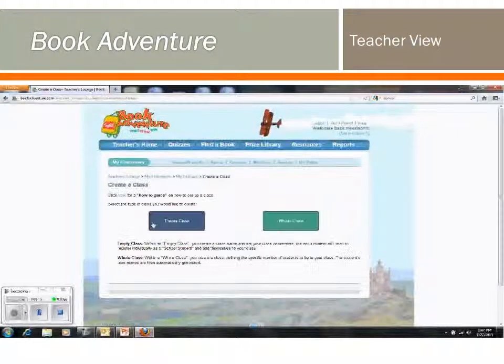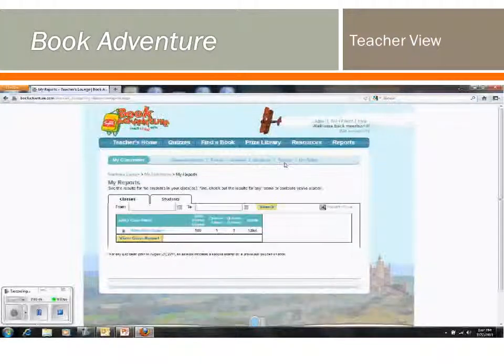I can create a new class. Here, the empty class lets the students go in and add in their own information. They register individually, or I can set up the whole class, and that's where I can go in and choose the student and usernames. But I just wanted to show you that Book Adventure is probably the most similar to AR,